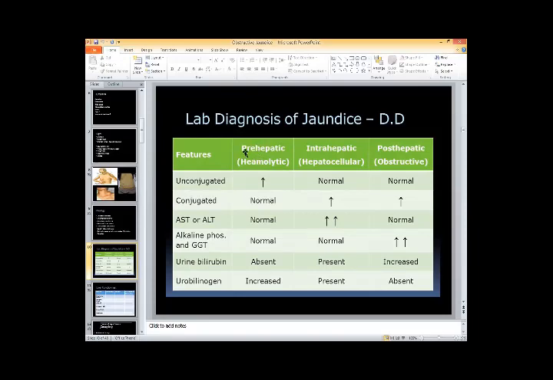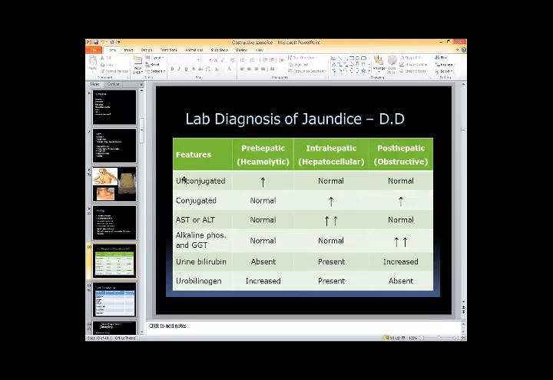So prehepatic jaundice. Intrahepatic jaundice means liver function failure, like in cirrhosis patient or like in hepatitis patient, hepatitis A, B, C. Liver is not functioning properly, not doing conjugation or not secreting. That is hepatic jaundice, commonest cause. And post-hepatic is obstructive, which we have already discussed different causes. So we will compare the liver function test in a patient of pre-hepatic jaundice, hepatic jaundice, and post-hepatic jaundice.